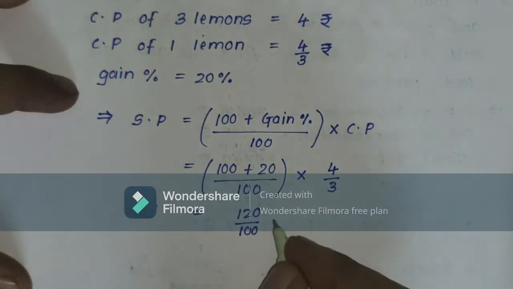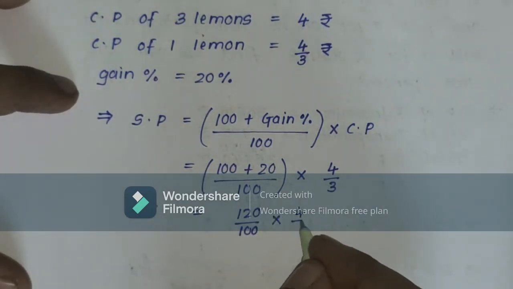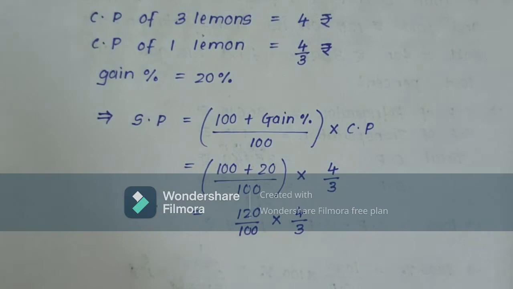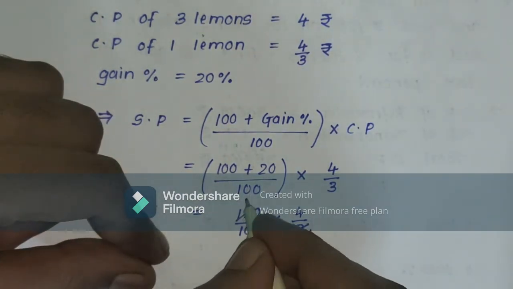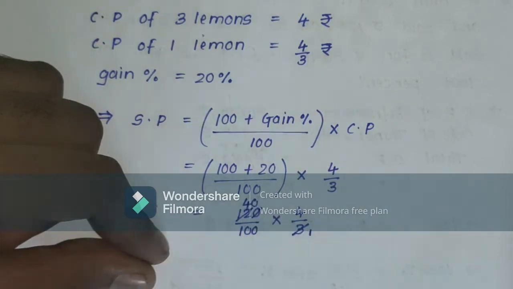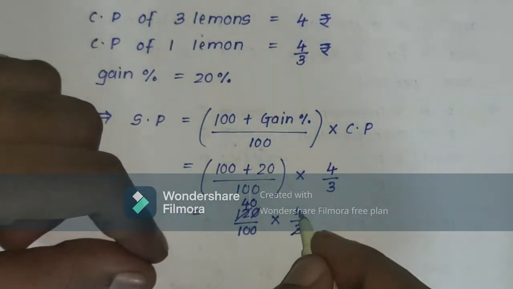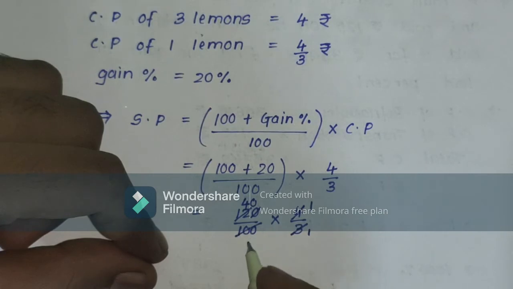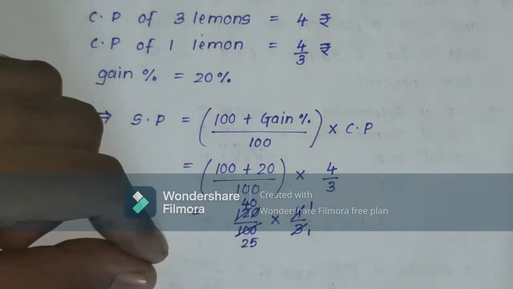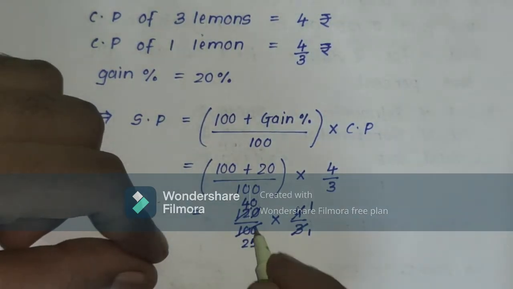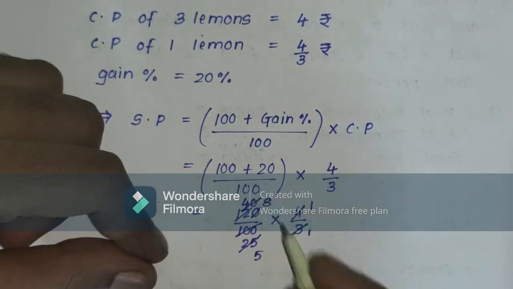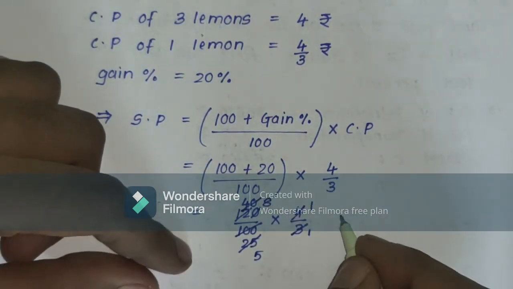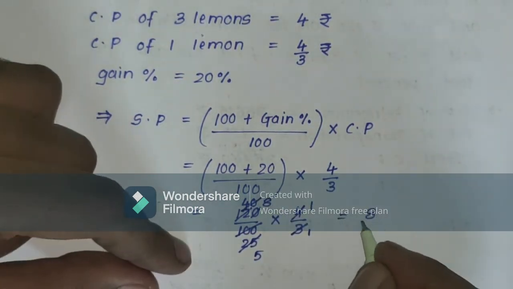It is 120 by 100 and 4 by 3. Now student, you know very well, 3 ones are 3 in the denominator, 3 fours are 12, whereas 3 zeros are 0. Same thing here, 4 ones are 4 and 4 25s are 100, right? Now you know very well both are divisible by 5, that is 5 1s are 5, and 5 8s are 40. That means your final simplified value will be 8 by 5.